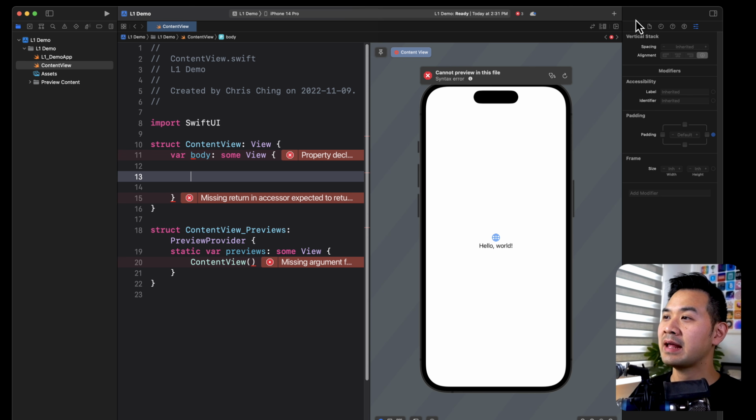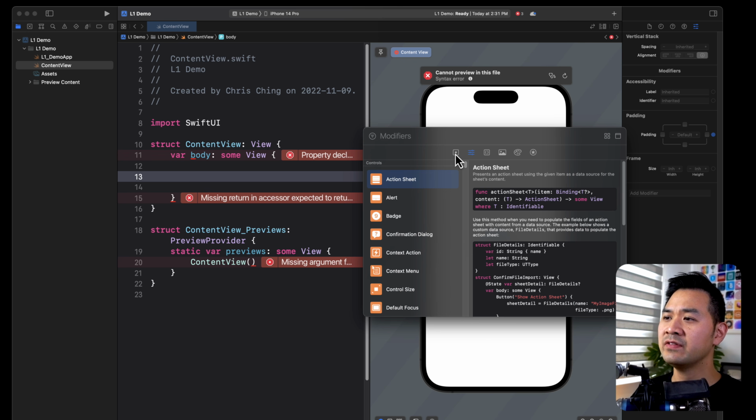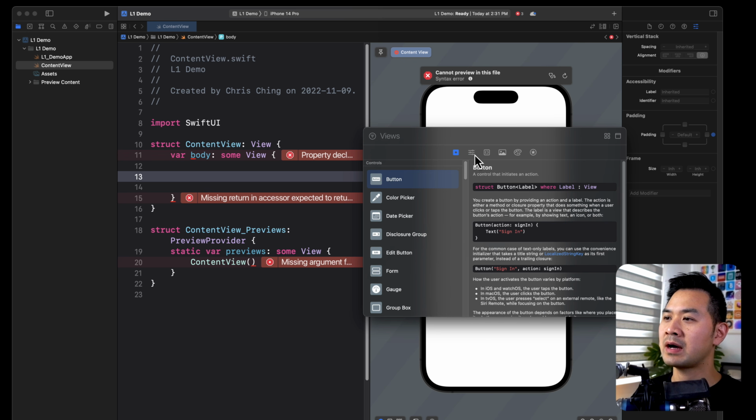So in the upper right hand corner, you see this plus icon. If you put your mouse over it, it's going to say library. So we're going to tap on that, and by default it should be on this first tab. I was using it before, so it was on the second tab, but I want you to go ahead and click on this first tab. This one is all of the views that you can add to your screen, and I want you to type in